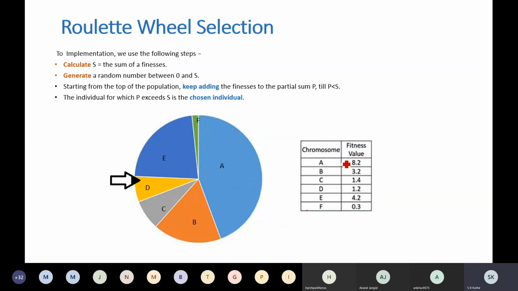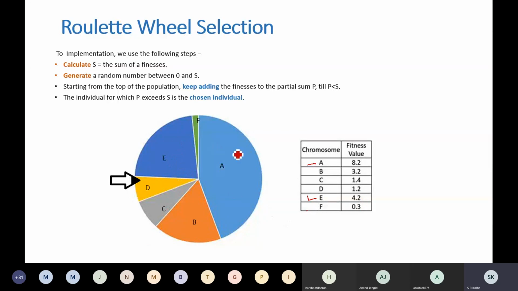After A, which chromosome has the highest area? After A, E, whose value is 4.2. So you will find the area associated with E after A.